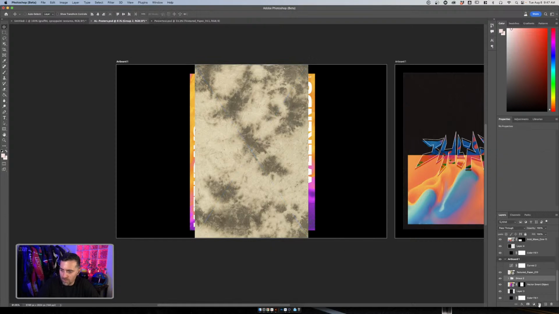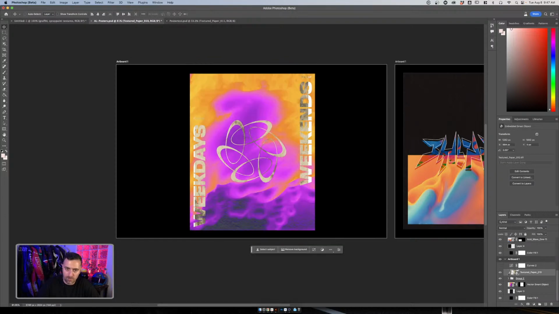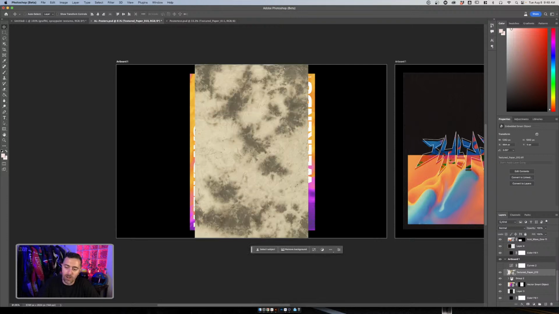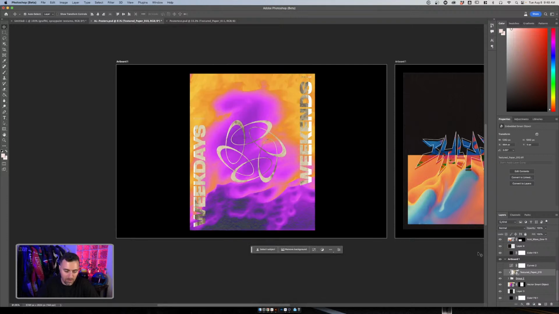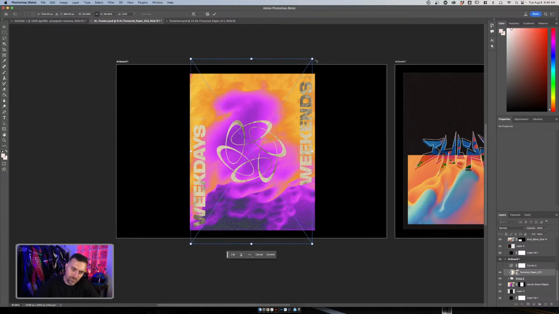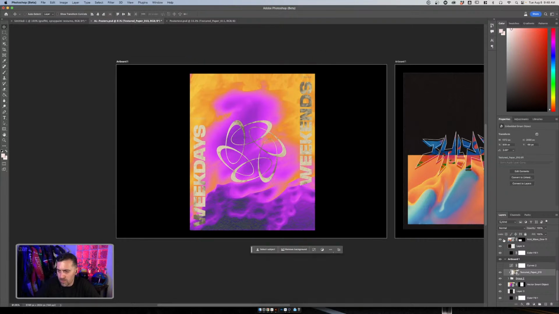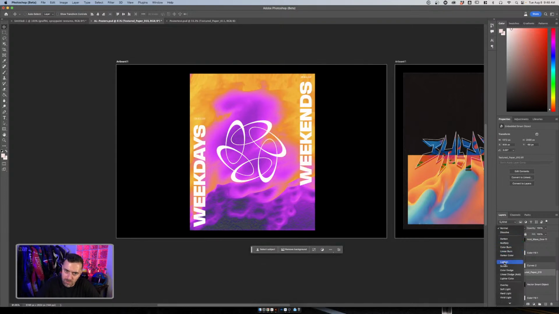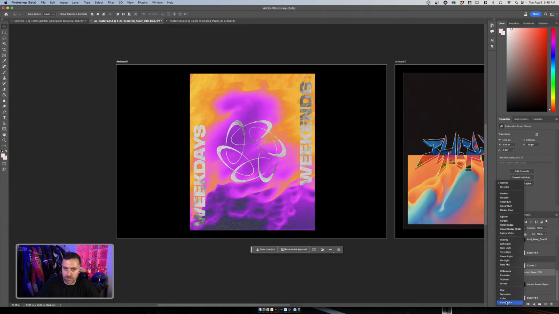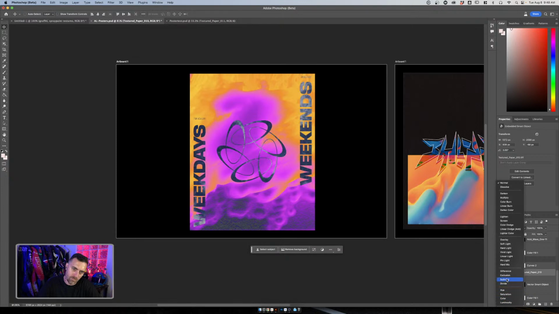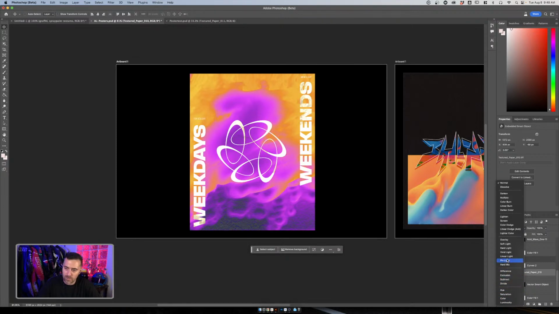All right, let's do, everything gets put into a group, and then I'm going to Alt click on that layer. I'm going to make that bigger so it covers everything. And I'm going to try to divide the pieces. Boom, boom, boom, boom, boom. Trying to see. I think that might be okay.